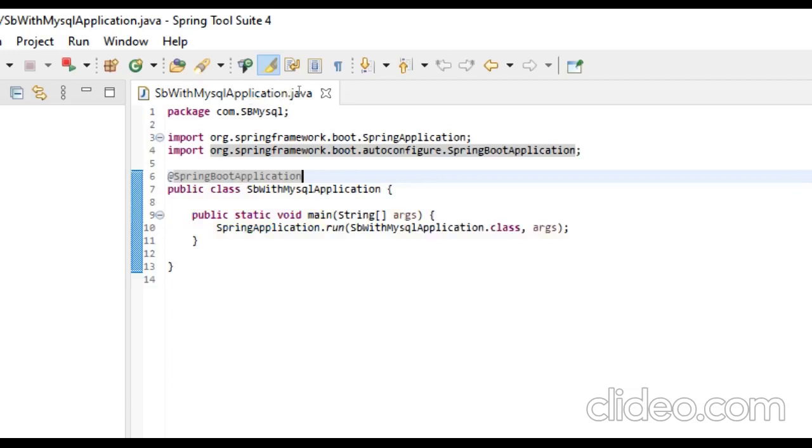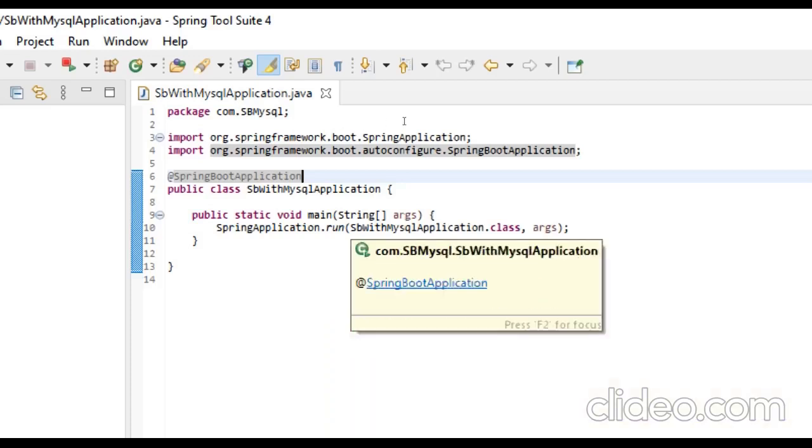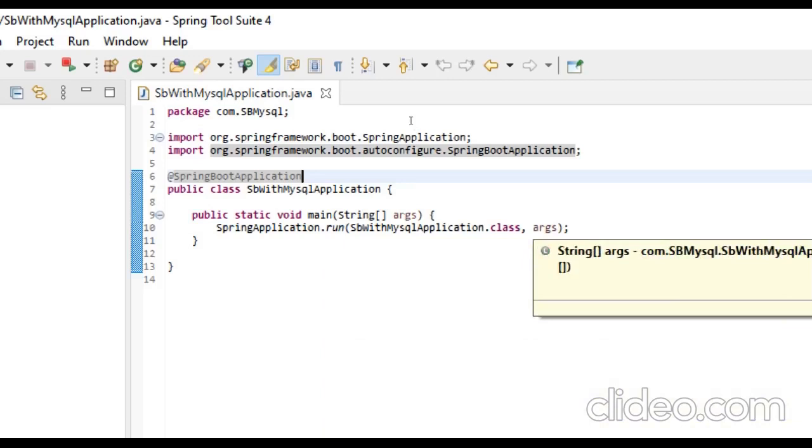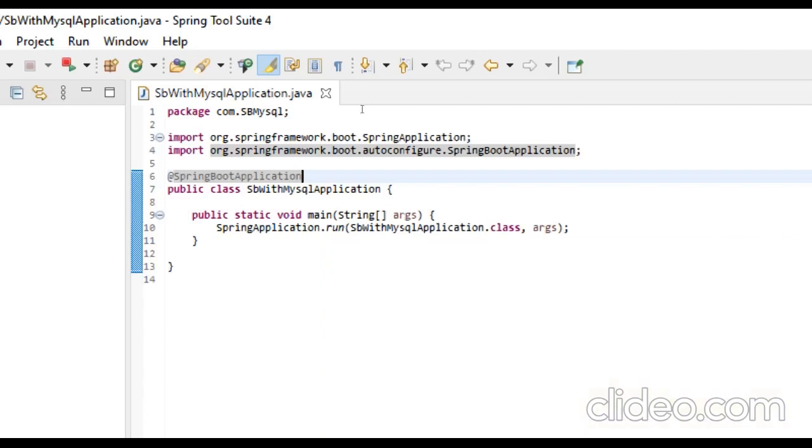If you observe, inside the main function I have written SpringApplication.run(MainApplication.class, args). The SpringApplication class is used to run our Spring Boot application. Actually, the SpringApplication class is used to bootstrap and launch our Spring Boot application from this main class.